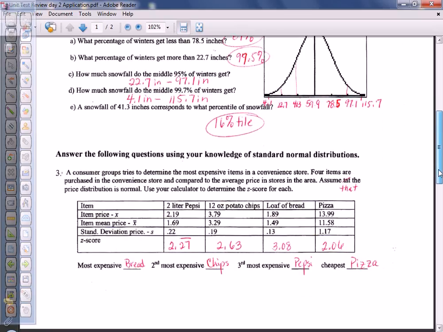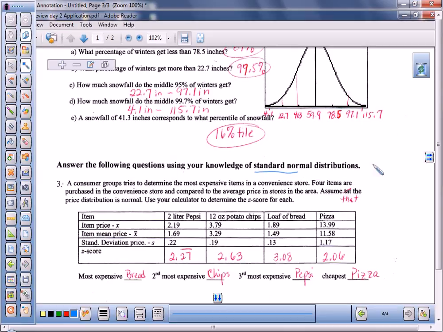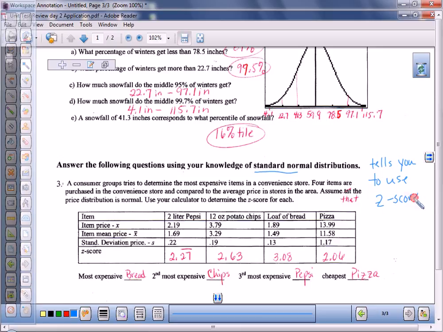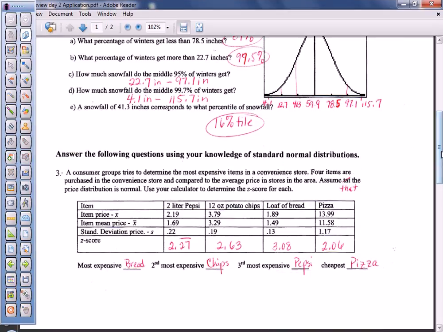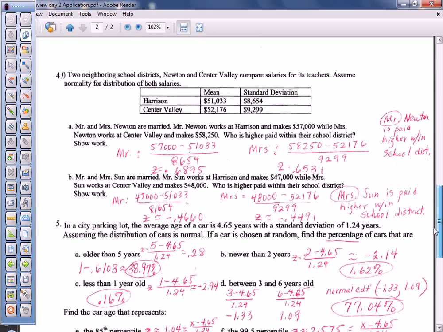Okay, check out number 3. Now it asks us to use what we know about standard normal. Standard normal tells us we are using z-scores. Tells you to use z-scores. Okay, 3 good? Great. All right, check out